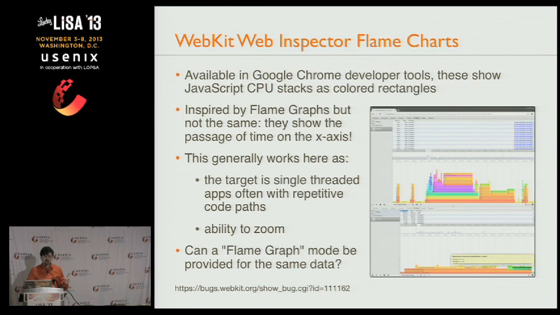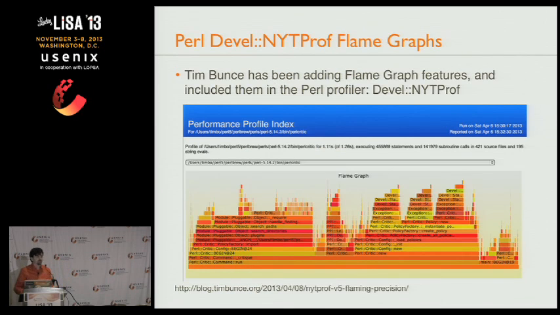And they get away with it because the V8, or what they're profiling, is generally single-threaded, and it's spending a lot of time in repetitive code. So if you're from Google and you're in the room and you know the team doing this, I would love them to add a toggle so that you can switch between flame charts and flame graphs, which will maximize the merging. It'll be fantastic. And they've actually innovated in other areas, so you can zoom in and do all sorts of cool things with their flame graphs, flame charts.